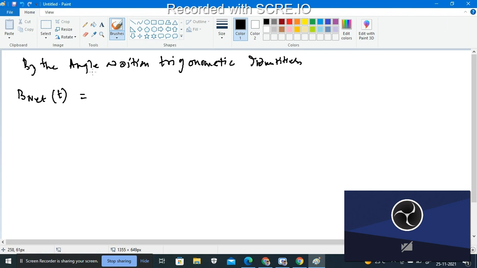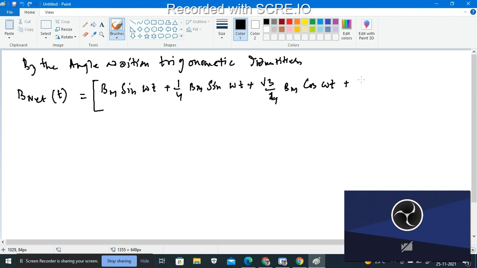It equals bm sine of omega t plus 1 by 4 bm sine of omega t plus root 3 by 4 bm cos of omega t plus 1 by 4 bm sine of omega t minus root 3 by 4 bm cos of omega t